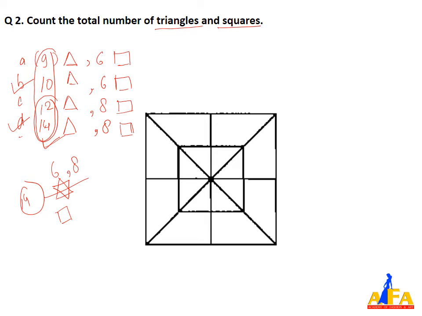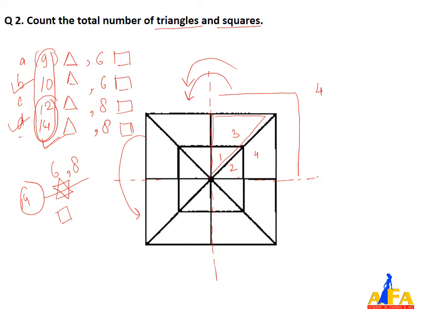So here if we start with the number of triangles, we can see that the figure is vertically symmetrical and horizontally symmetrical. Okay, if we take this part only, we can see four equal parts. So we will calculate for this part, and then we will multiply it. Here we can see the triangles: 1, 2, 3 and definitely 4. Okay, so 4 is the number of triangles in this part.